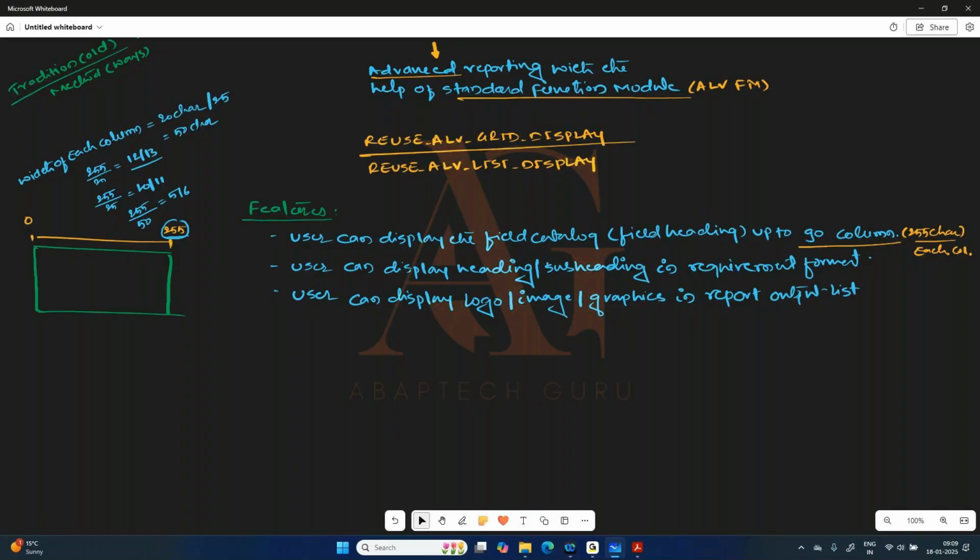So whatever the ALV output you are generating, with the help of the top of page, you can maintain heading, subheading. Sometimes the user will ask for a logo or some images in your report output list. That is possible only with the ALV. Next, using ALV, the user can improve the performance